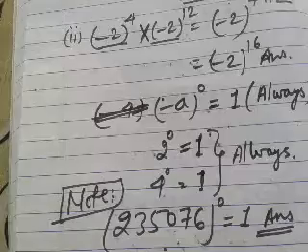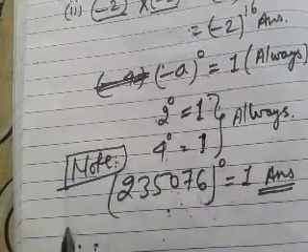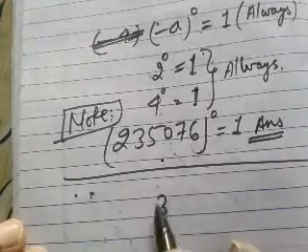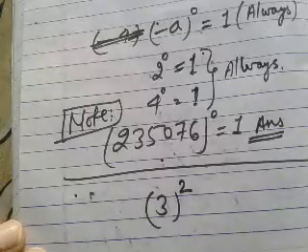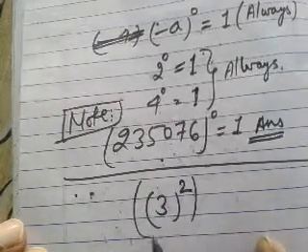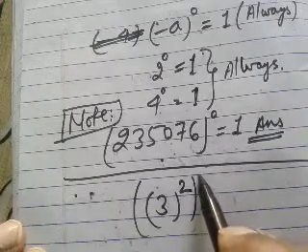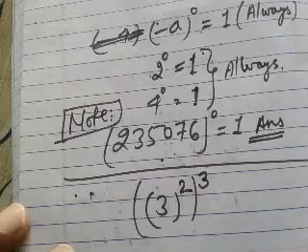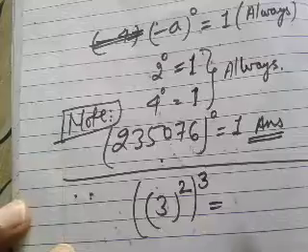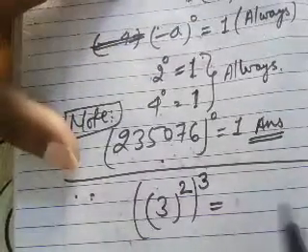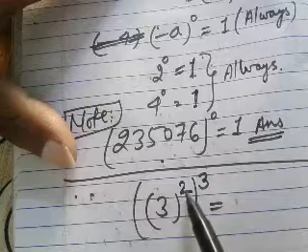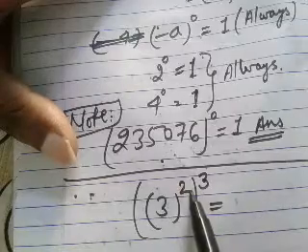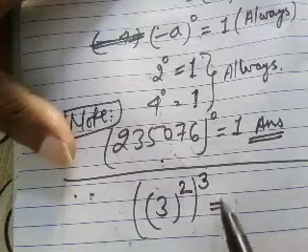Suppose that a number is 3 raised to the power 2 and its power is also 3. What will the answer be in this case? If a number has the power of power form, meaning 3 raised to the power 2 and its power is 3, in case of this